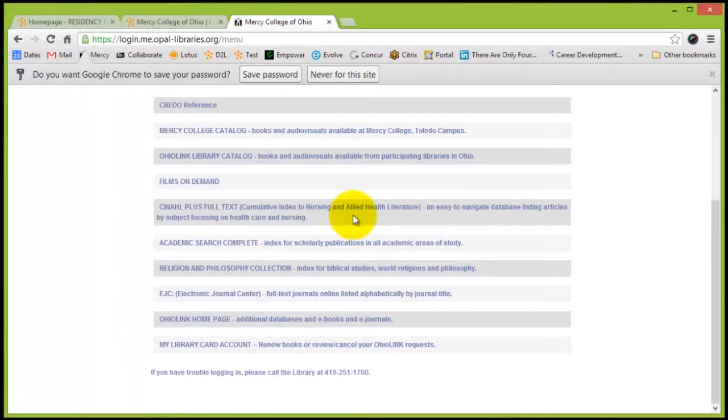The other ones that are of importance but lesser used are Films on Demand. That's kind of fun. Feel free to mess around with that. A lot of video on there from all kinds of sources in many different topic areas. And the Electronic Journal Center. It lists the journals that you have access to by title, but there's no real way to dig down into it. So for research purposes, unless you know exactly what you're looking for, the journal, the edition, month published, whatever, that's really not that much of a help. So you want to pretty much start right here, with the CINAHL.